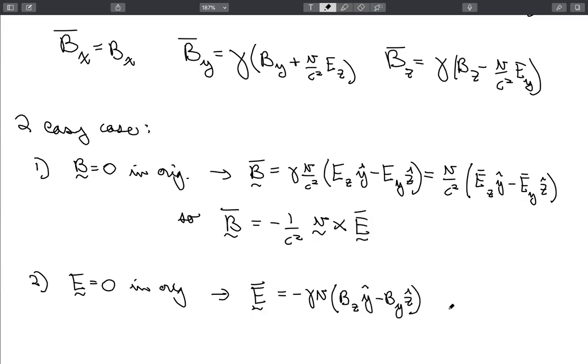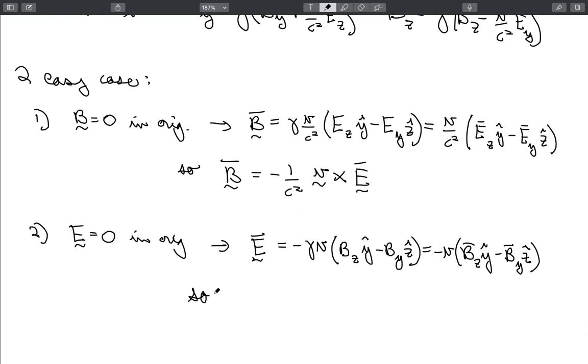And again, by the same logic, it's just minus v times B bar z y hat minus B bar y z hat. So what you get is that the electric field is just v cross B. Okay, so these are quite handy little equations that can prove their usefulness in some problems that you